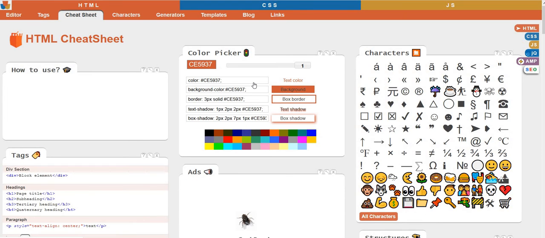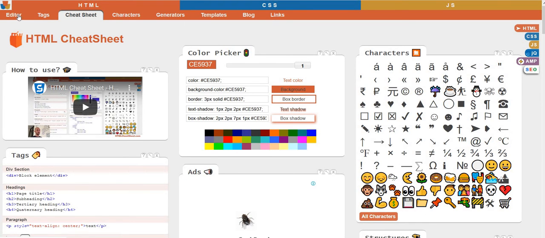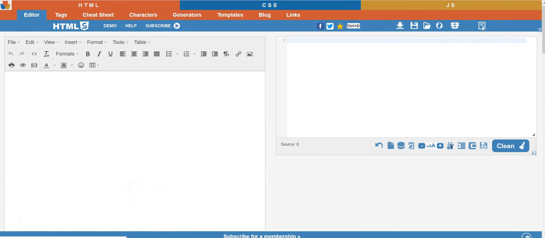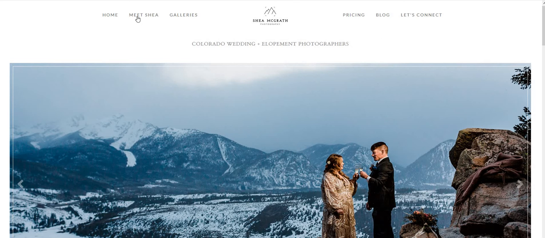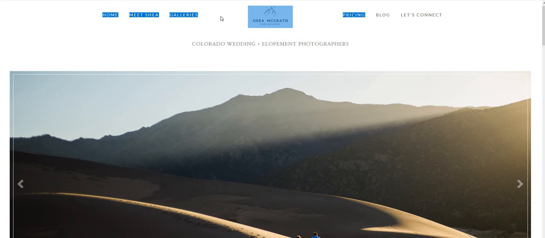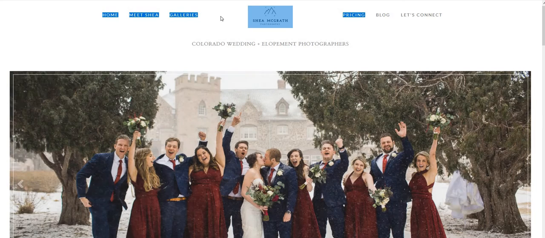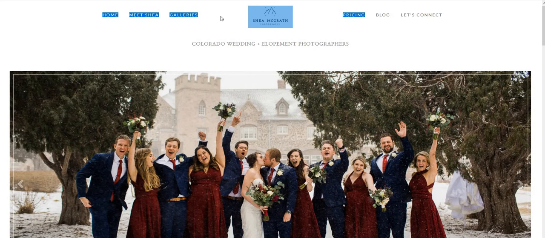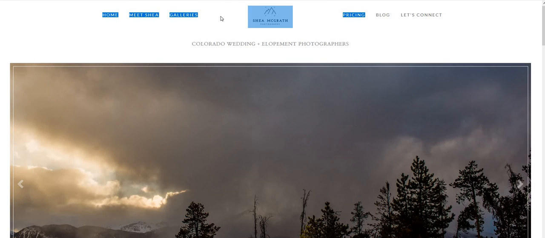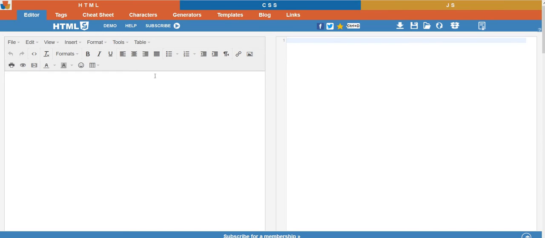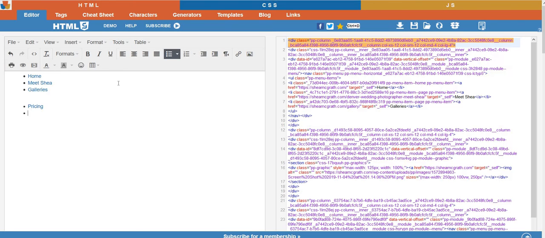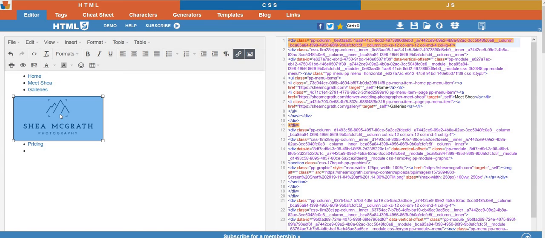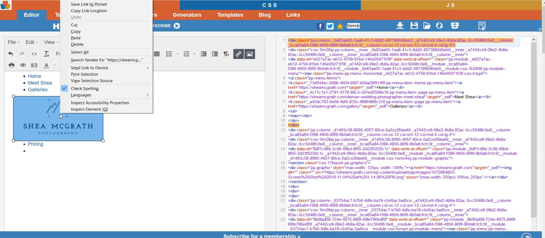Let's go to this one. What I'm going to do is I'm just going to copy that whole line and then need an editor. Copy that whole line like this. Copy. Control C. Go to the HTML editor, put it in here. Get that picture. See, the picture's right there now. Okay, so now I need